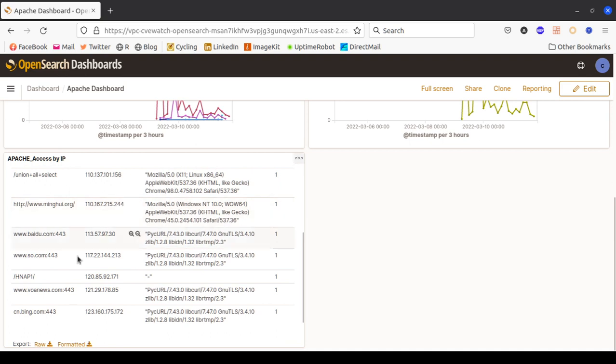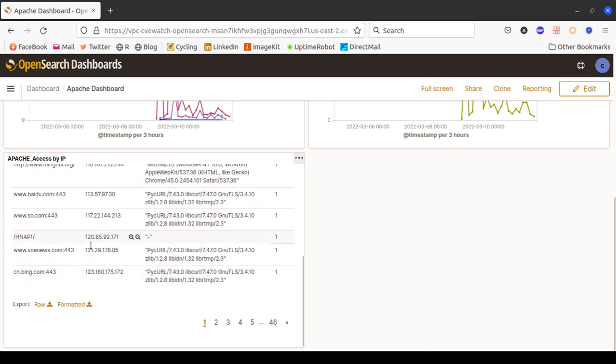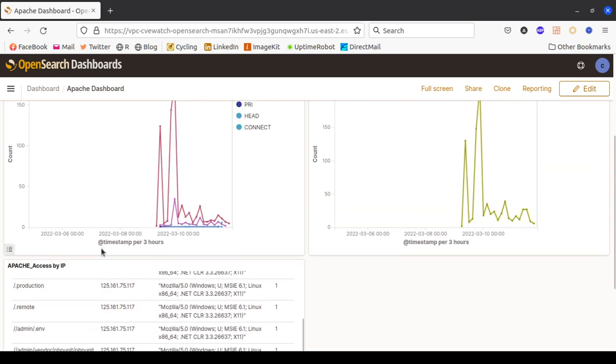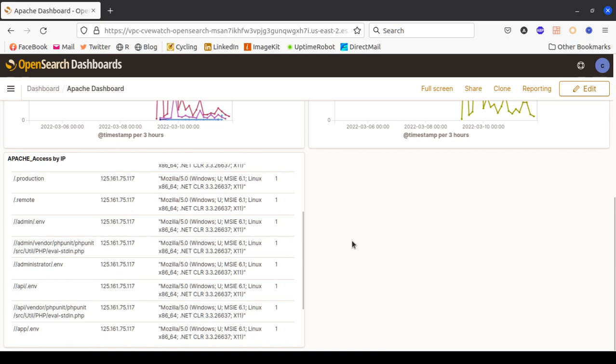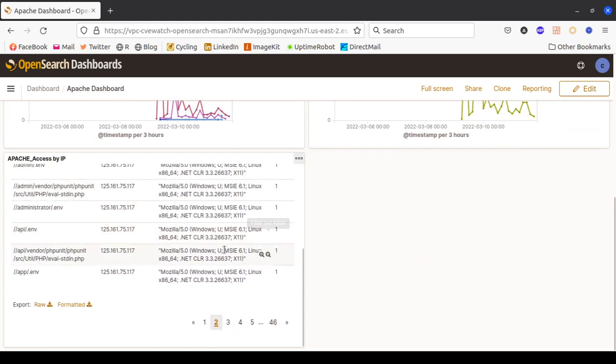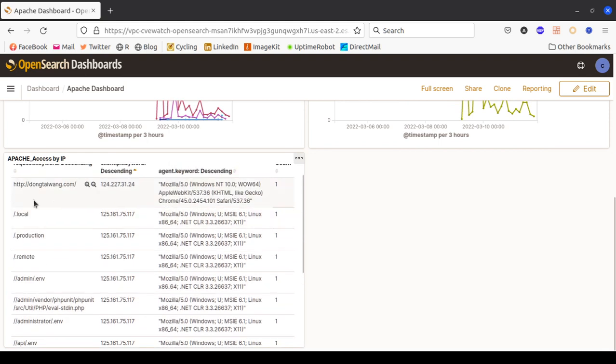So this is the example, right? Some also try to do, what I call, nasty things. Basically, using this open source we can answer many things, like the questions I asked in the early video: how many IPs, how many user agents, and what the trend is. We can see the trend now, and whether someone wants to attack our website or not. We can see from the paths they access.